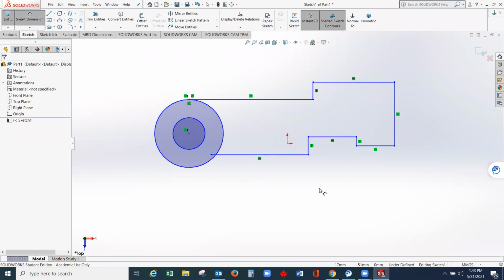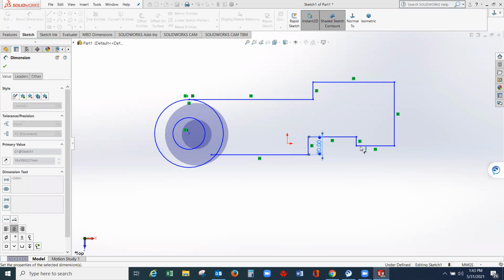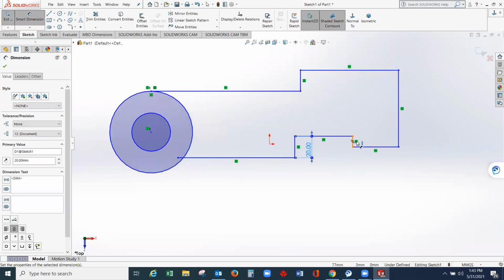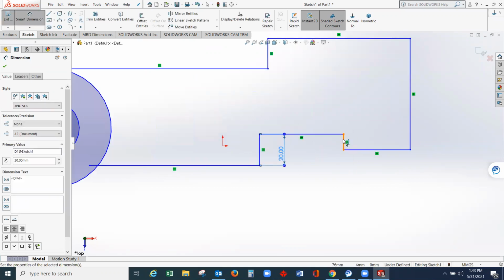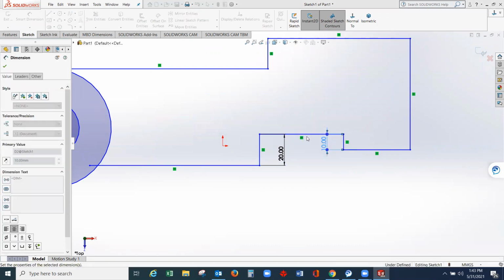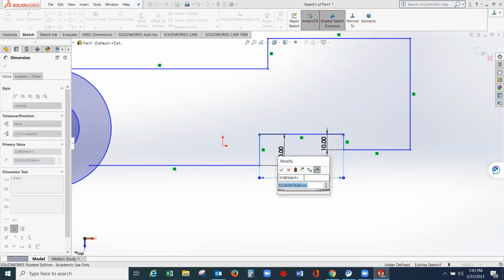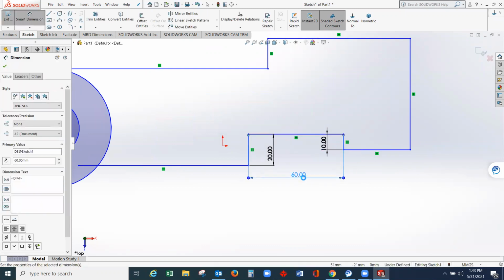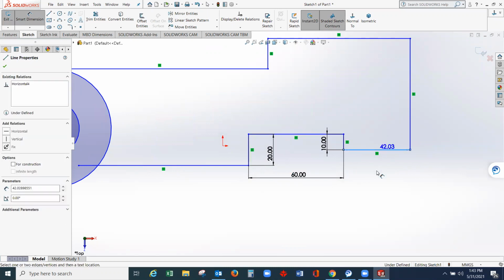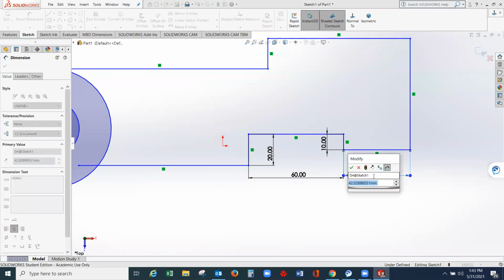So smart dimension. Let's say this line is 20. This line is 10. This horizontal line is 60. Let's give this line a 30 millimeters length.